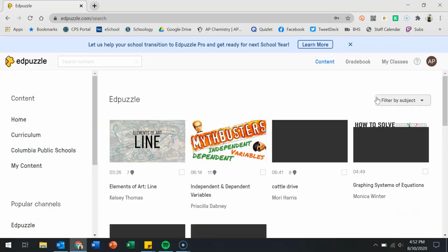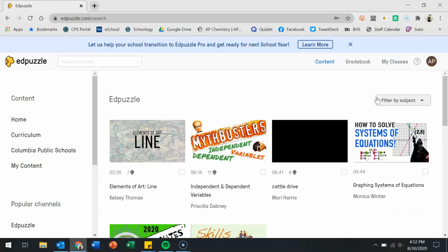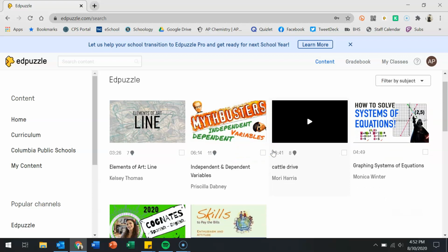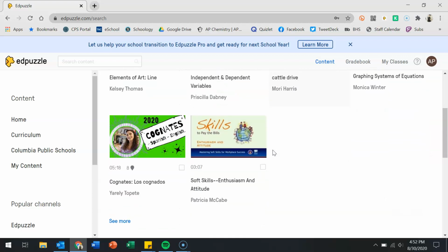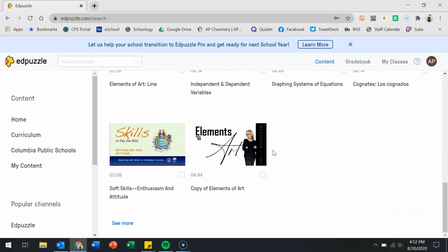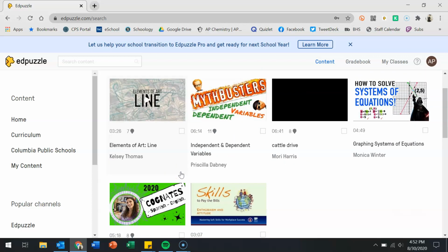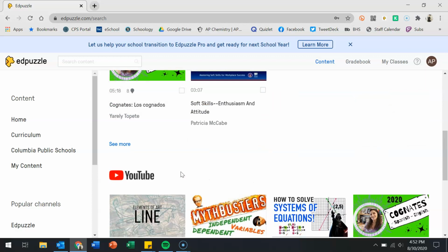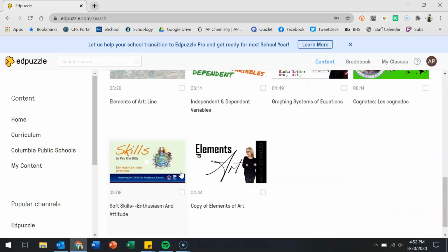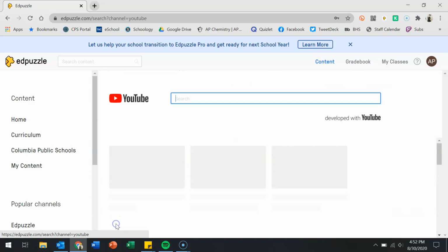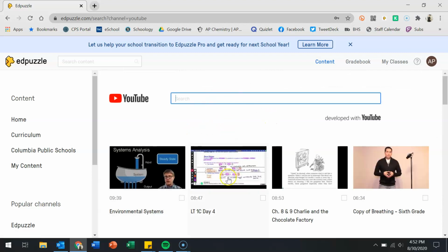So you can do Create Video, which is not actually what you would think. Create Video actually lets you pull from other locations. Okay, so EdPuzzle has their own videos that are saved publicly that you can pull from other teachers. It automatically links to YouTube, so you can search directly there. So if I wanted to search for any of my videos, for example,